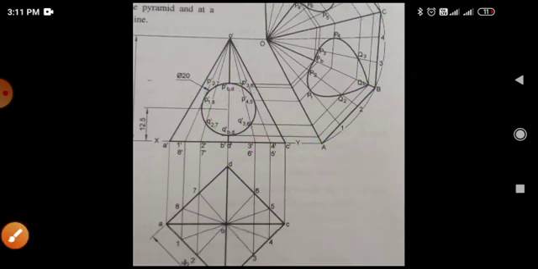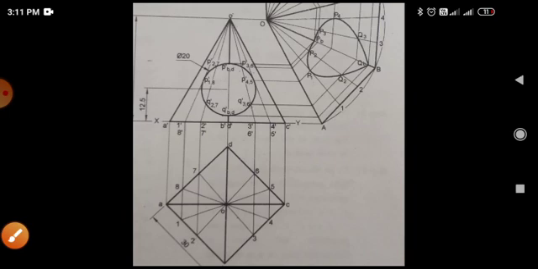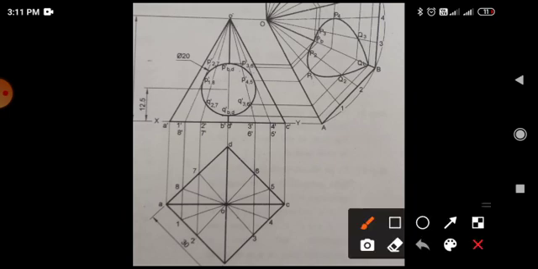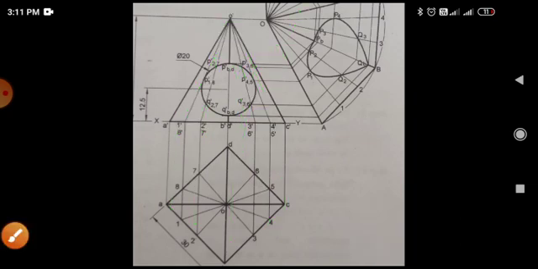Now, in the case of this pyramid, if there is a circle or anything, don't just move your projection totally vertical. In the cylinder it was true, but in this case it is not true. You have to take the projection up to only the base, and from there you have to connect it to the vertex. Every projection is connected to the vertex, not taken vertical. This is an important thing you must keep in mind.